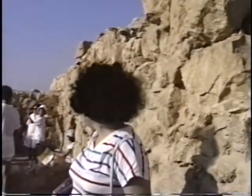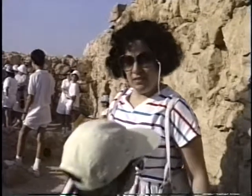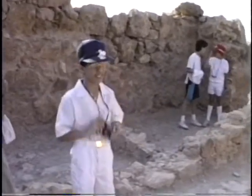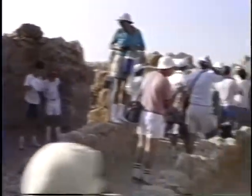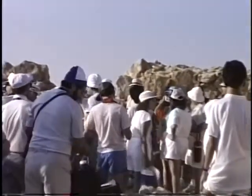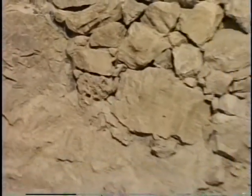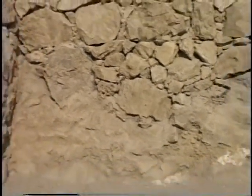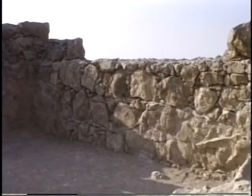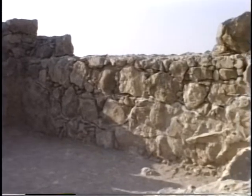Masada is not a town. Masada is not a complex of layers of civilization. Masada was never covered by sand because it is high. Sand couldn't blow in the wind and come up here, and there was no other civilization that had interest to come and build either on top or use the same construction. So first of all, we have to remember that below the black line,